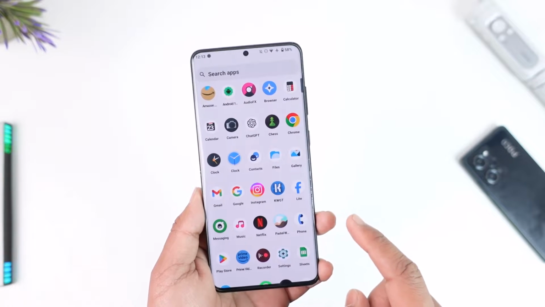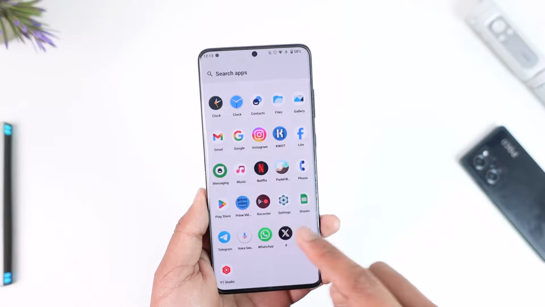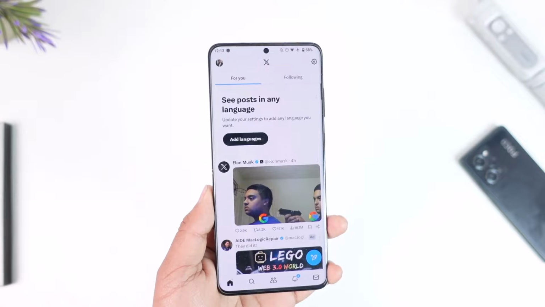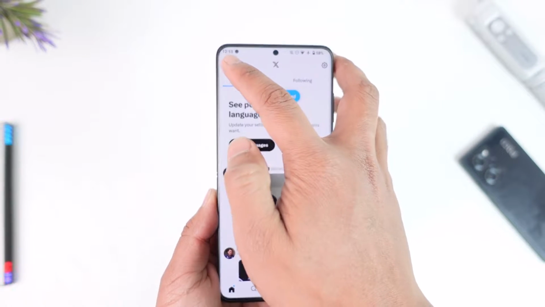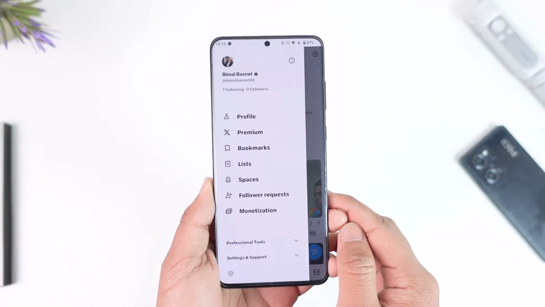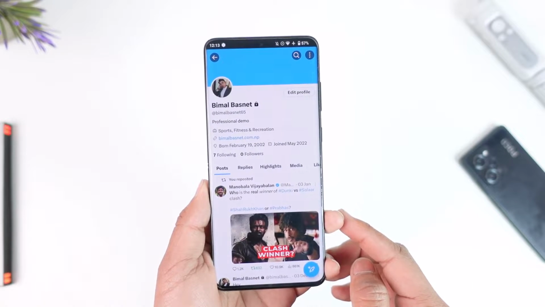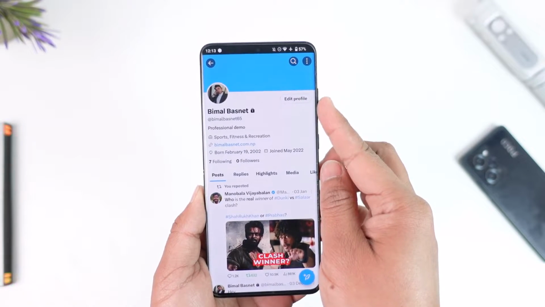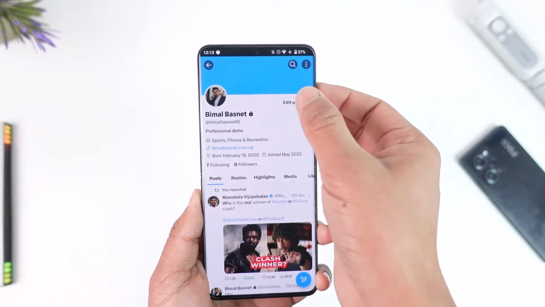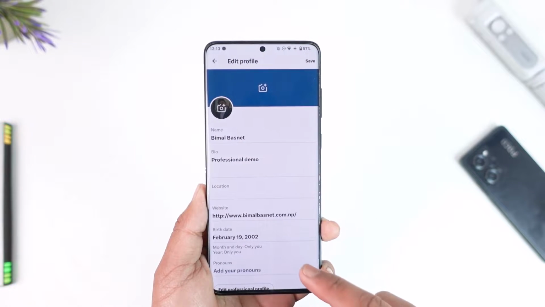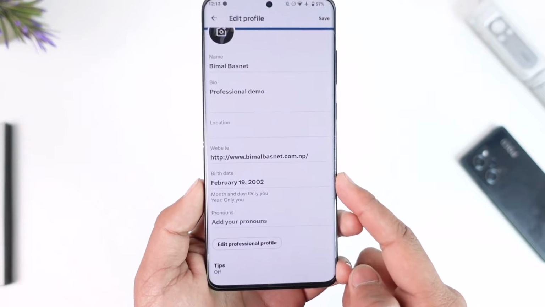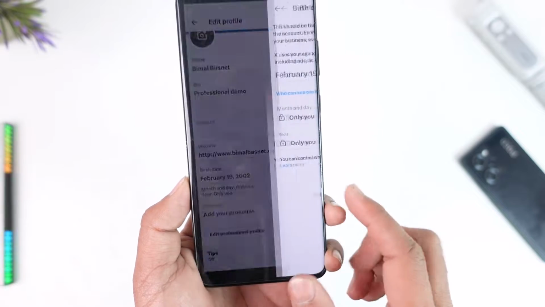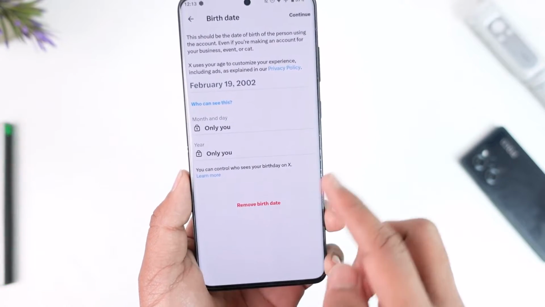To change your age on Twitter, all you have to do is open up the Twitter application here, then tap on the profile photo from the top left of the screen, and then go to the option called profile. From the profile option, make sure to tap on the edit profile button on the right hand side of the screen here, and as you do that, over here you'll find an option that says birth date. So you can just tap on the birth date option here, and then tap on the